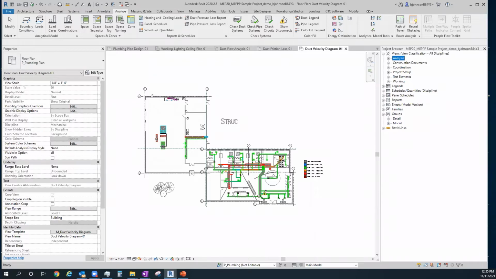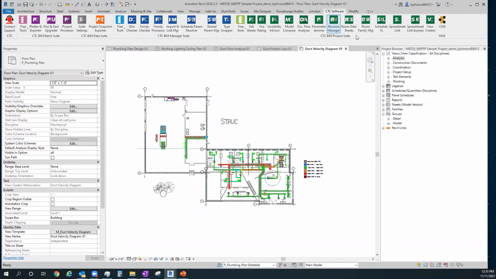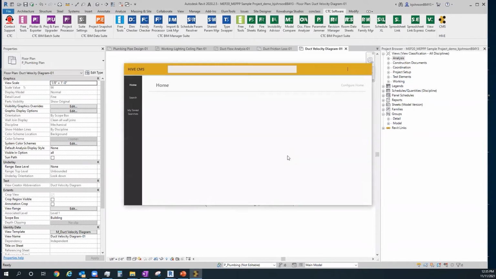I still have my 5 minutes on Hive and 5 minutes on Suites. So we will jump into Hive real quick and just show you what that is. Hive is our content management system. Mine is a little bit messy when I jump in here. Essentially, we have the ability to sort everything by libraries. So if I were to jump into my home page here,